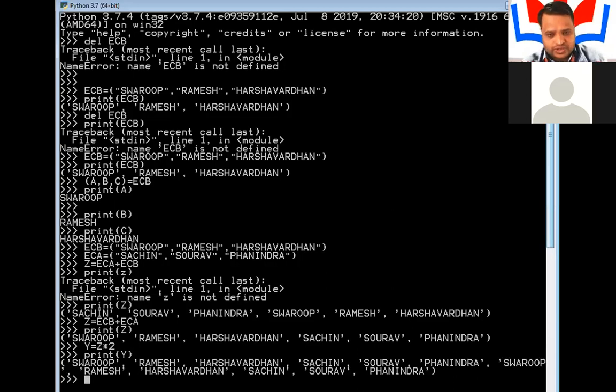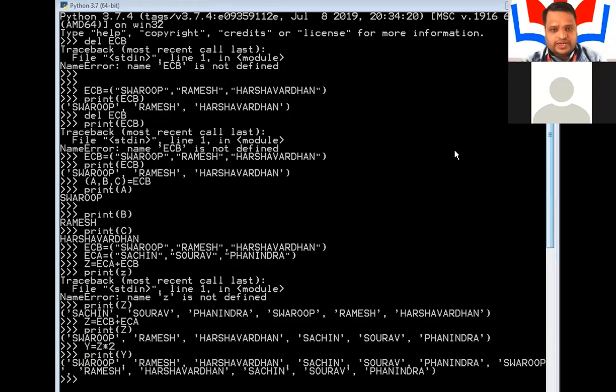Now you can notice in this output that Saurabh is repeated twice, one here and one here, and Ramesh is also repeated twice, and Harshvardhan also twice. So this is how we repeat, that is, multiply the tuples.